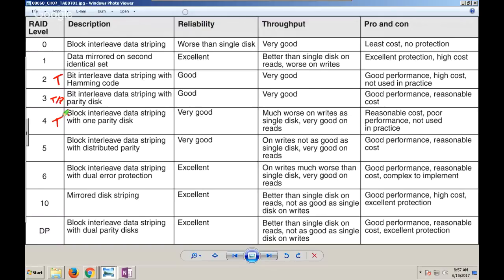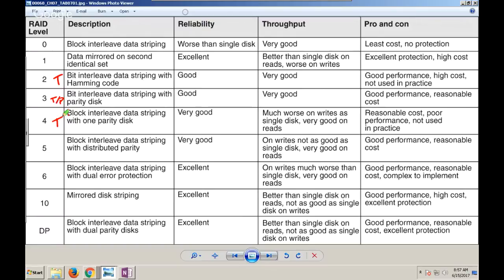RAID level 2 we brought in with Hamming codes and thought, it's kind of inefficient, but this idea is really interesting. So what if we go instead to parity? Okay, and they started using it and seeing it, but the reliability could have been better. So again, we said, okay, well, let's find a way to do it. So we'll interleave the data in stripes, very similarly to level 3 to level 4.